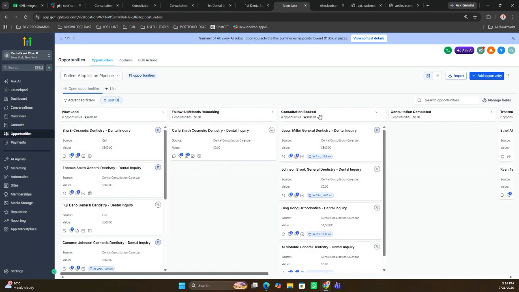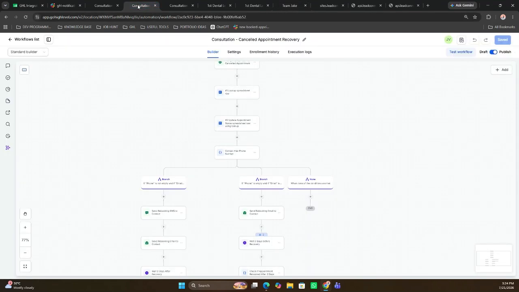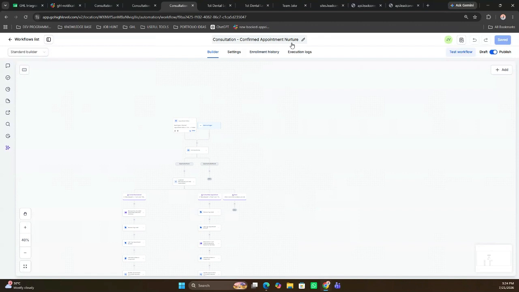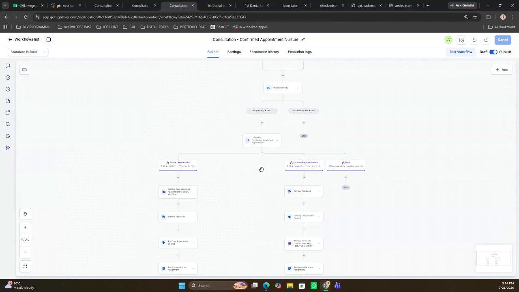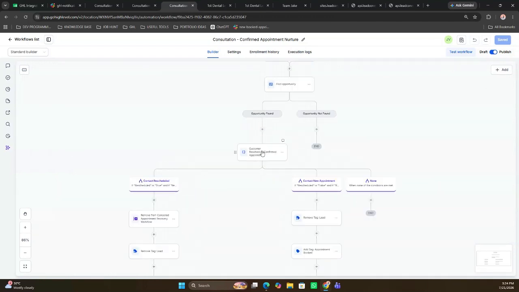He will now be moved again to consultation booked for the new date, and different tags will be added again. A custom notification and an internal assignment notification will also be added, and he will now be added again to this confirmed appointment nurture workflow.